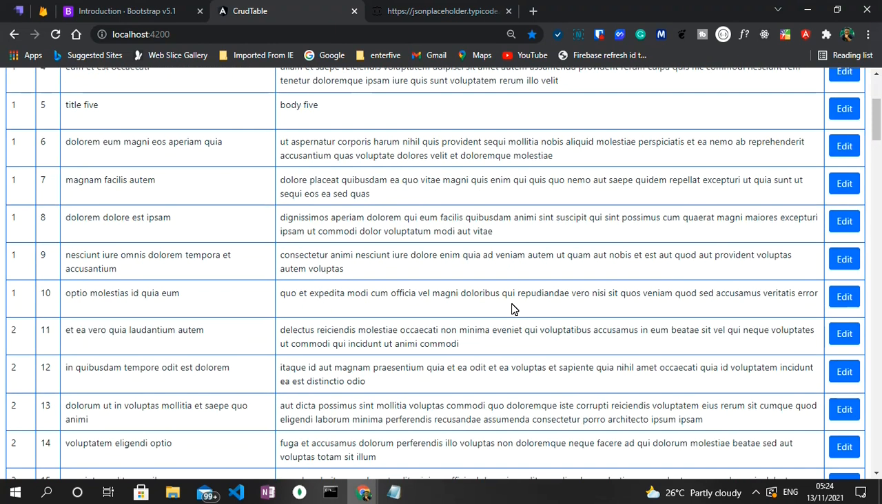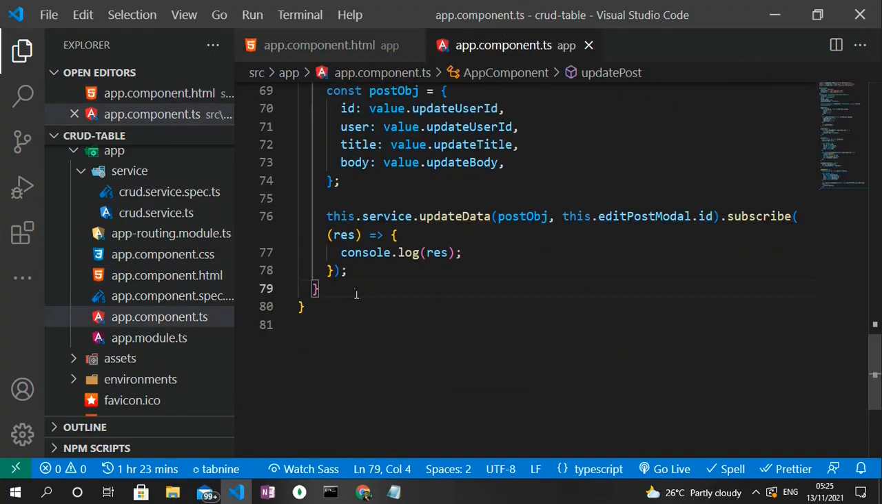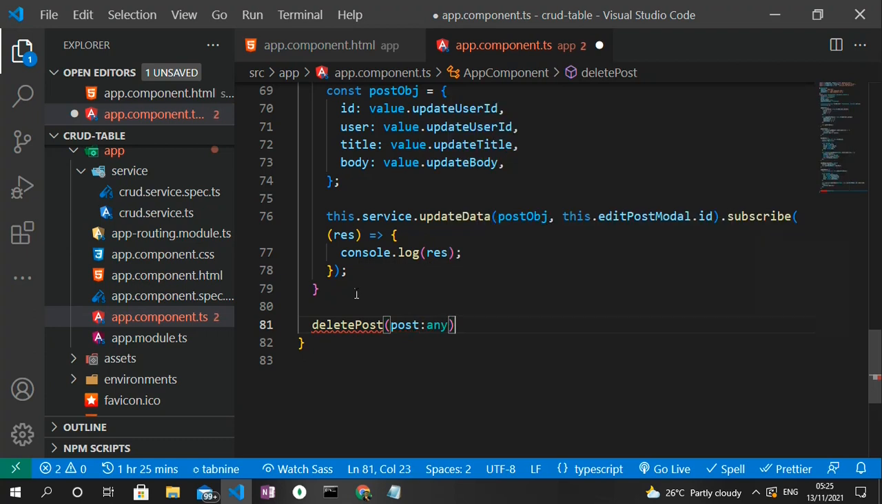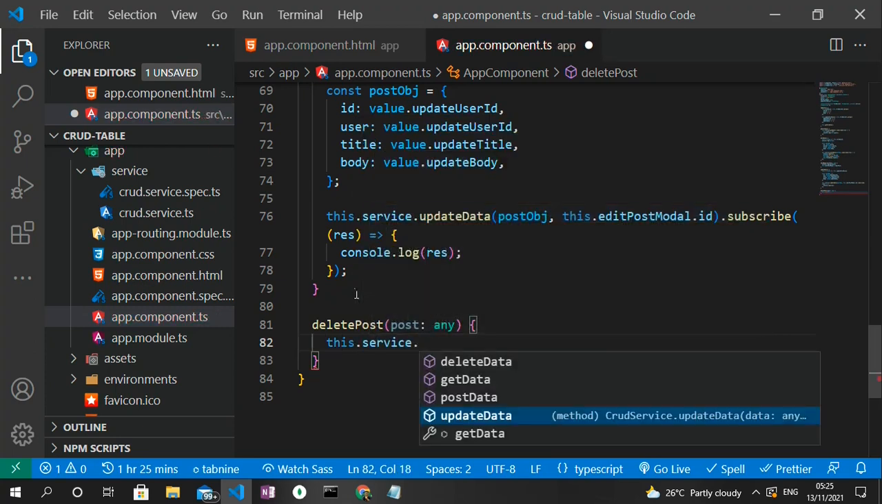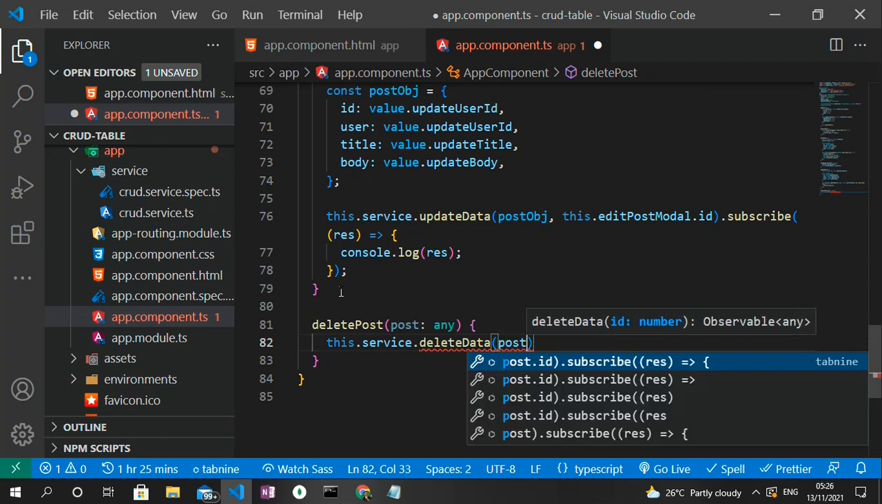So the last thing we need to do is the delete functionality. So for the delete functionality, let's head to the TS file, and then type in deletePost. It's going to take in an argument of post, and we can give it a type of any. For this to work as well, we need to consume the service. So I can just say this.service.deleteData, which is among the services we created. So we need to pass in the post ID. So from the variable we have above, I can just type in post.id, and then we subscribe